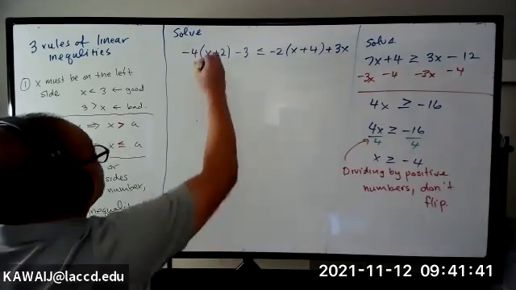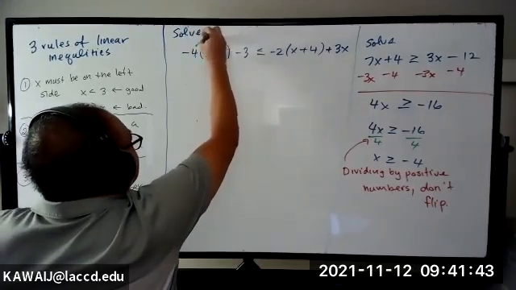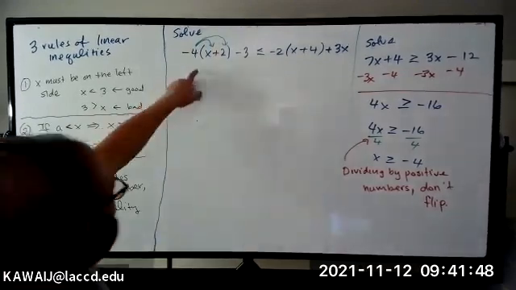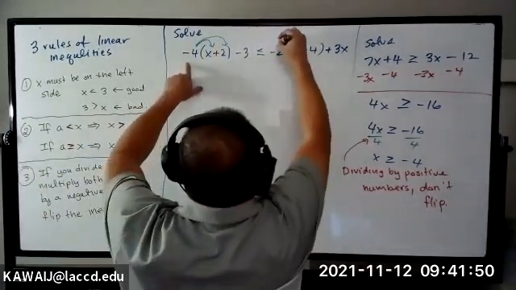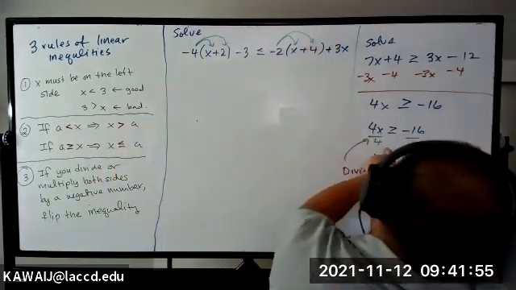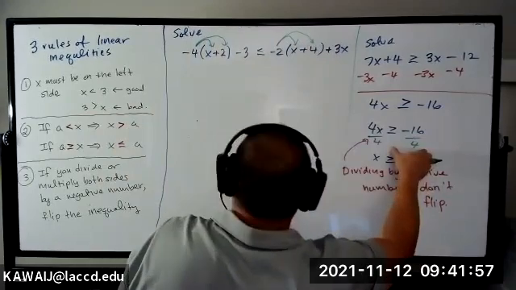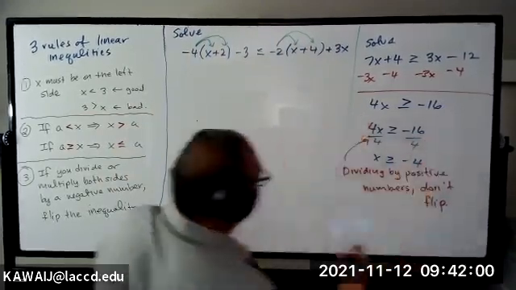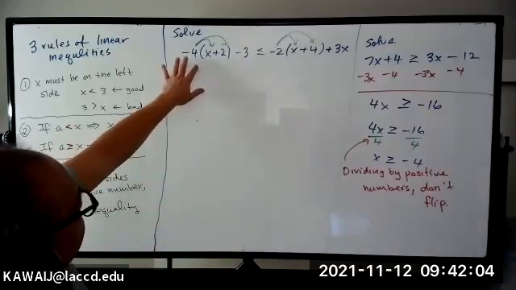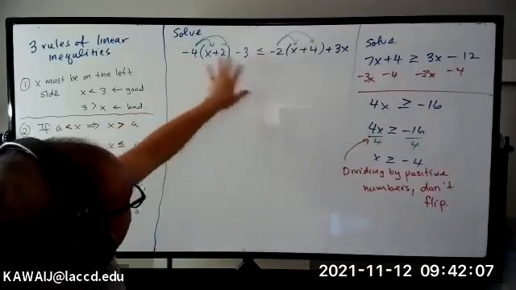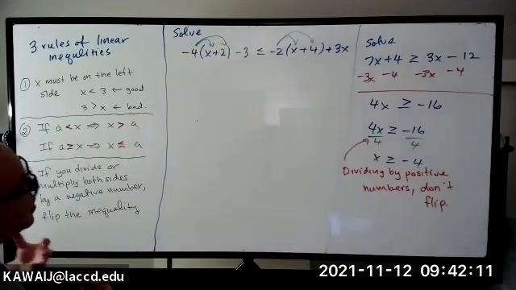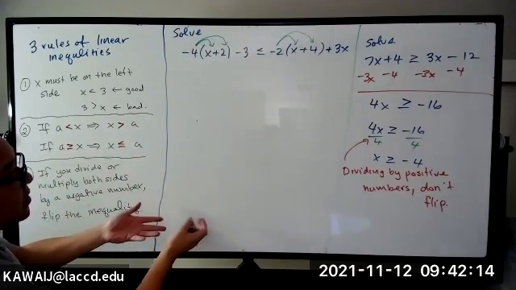So let's distribute. Now, what happens is that people get this rule mixed up with distributing. Even though you are distributing with a negative number, you're not introducing multiplication or introducing the division to both sides. It's really that last line that determines whether you flip the inequality or not. You can multiply by negative numbers in the middle of your solving, as long as you didn't introduce those negative